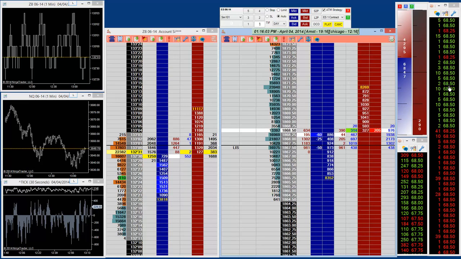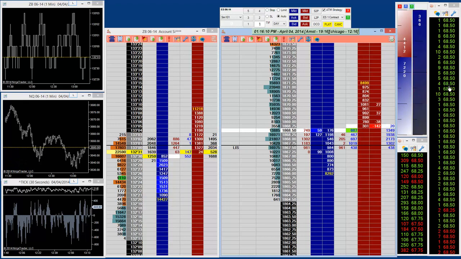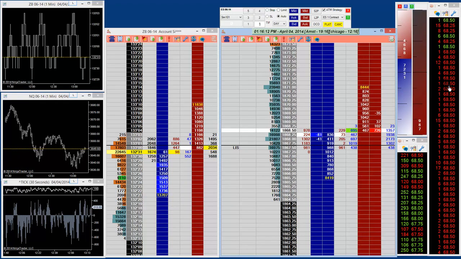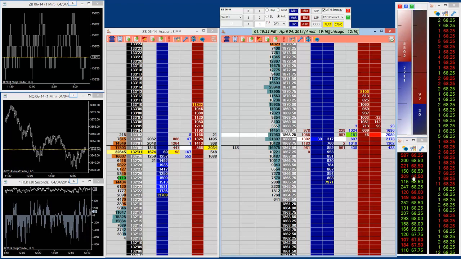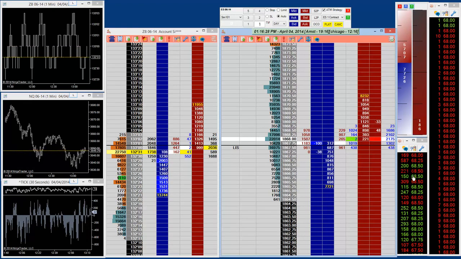For me, I'm not a big fan of using an unfiltered time and sales because I just don't get on that well with it. It's just not the tool for me. The other one you can use is a filtered time and sales, and the reason you use it is to see which size is trading. If there's a lot of large players trading against you, that does not bode well for your trade